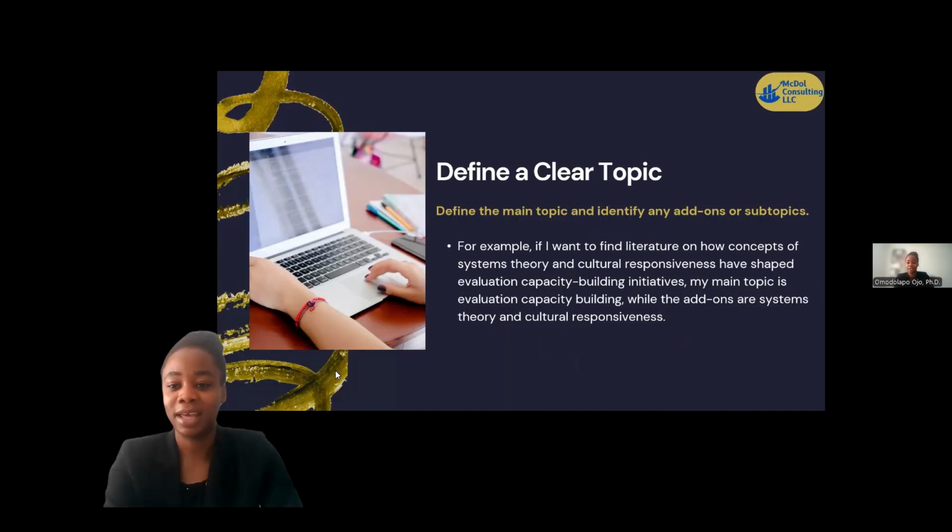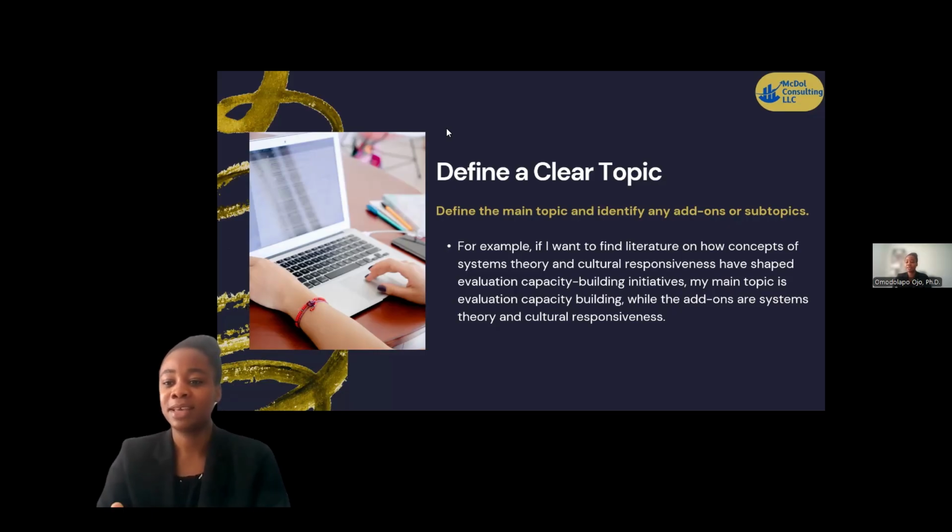defining a clear topic. When you want to go into a literature search, you want to be sure what exactly your topic is, and in that topic, what is the main idea and what is the added idea, so you are able to divide your topic into the main topic and the subtopics. For instance, if I want to understand evaluation capacity building initiatives, how they have been studied in the past, and I really want to understand how the concept of systems theory and culturally responsiveness have shaped these studies, then